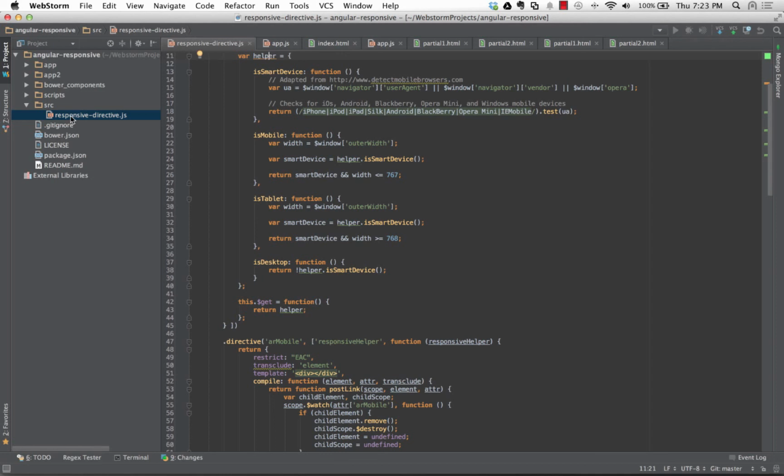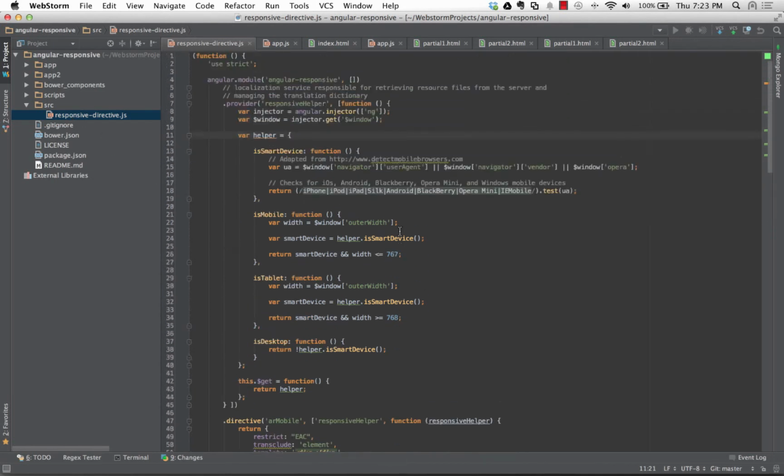The service is basically all the helper functions, like, am I on a smart device? In this case, I look to see if it's a smart device. Is it an Android, an iPhone, a BlackBerry, a Windows Phone? And then that, in combination with the screen size, I come back with: this is a mobile device, this is a tablet, or this is a desktop. Now, one of the other things I could do is feed in, right now the sizes are hard-coded, but I could provide a